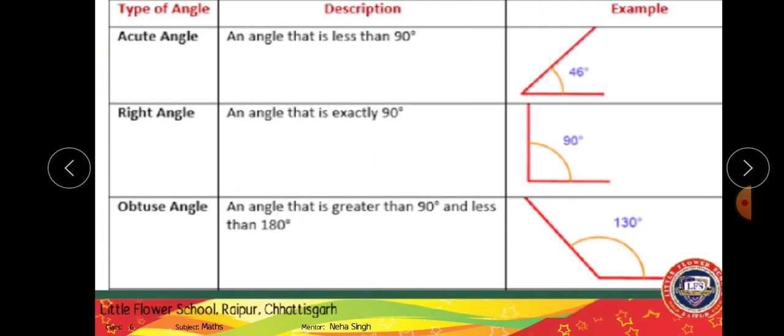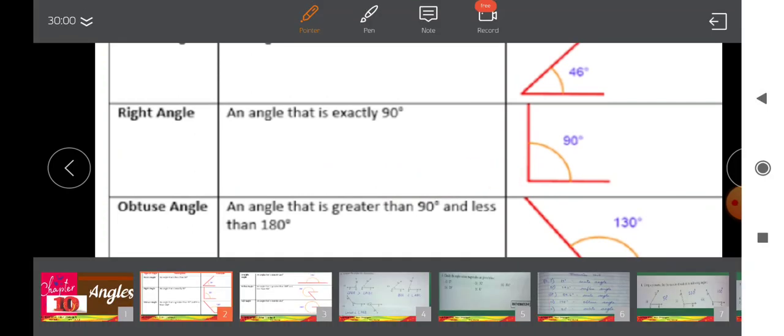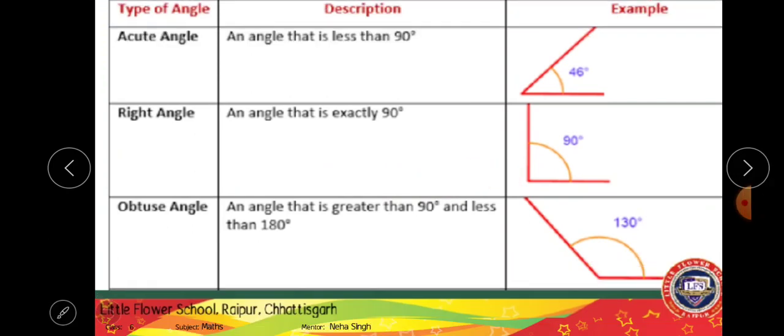So first we'll be dealing with acute angle. Now what do you mean by acute angle? An angle which is less than 90 degree, right? Every one of you have seen a protractor. You are going to draw all the angles using the protractor. Now the angle which is 90 degree means a straight standing line, right? This angle will be 90 degree, right? An angle which is smaller than this angle, somewhere here, is termed as acute angle.